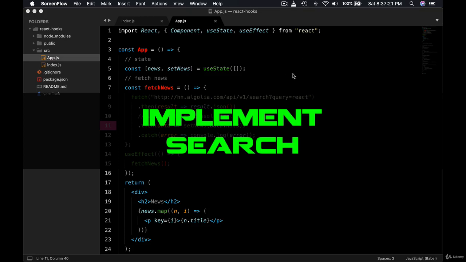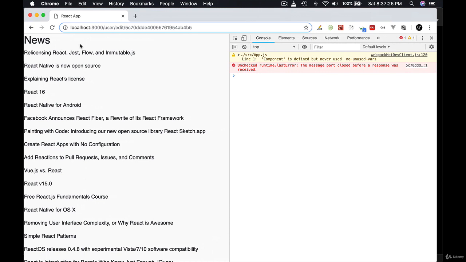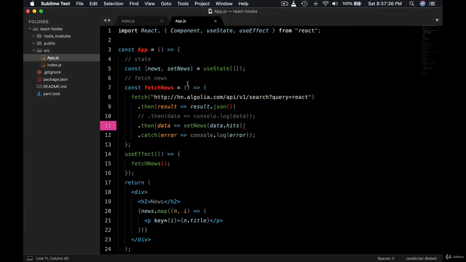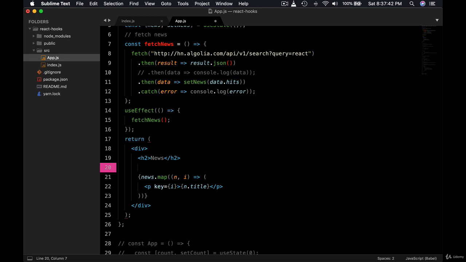In this lecture, we're going to add a search form which will appear somewhere here on top, where users will be able to type in whatever title they want to search the news, and we will display those news. So we can create that form here. Inside this render method, we have the news title, and here let's write this form,